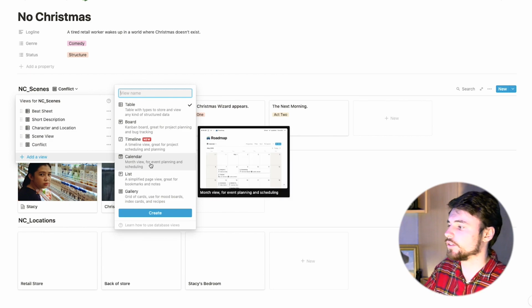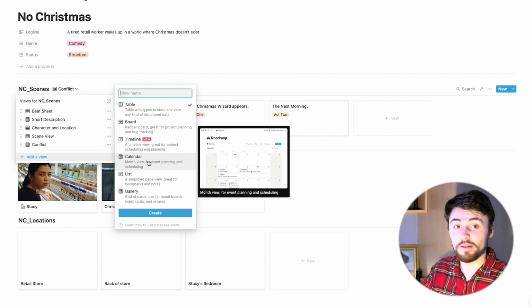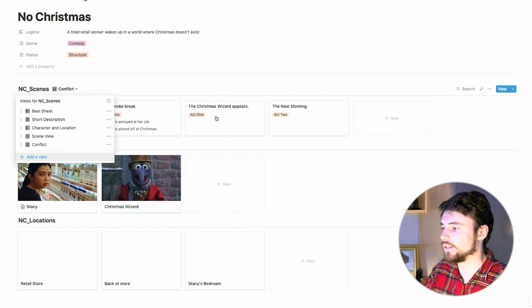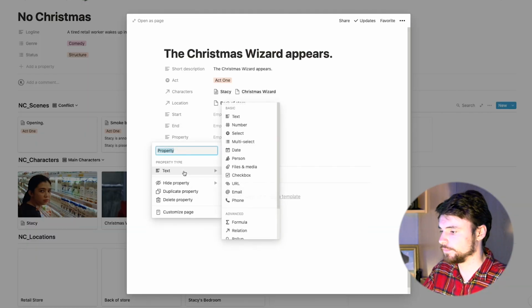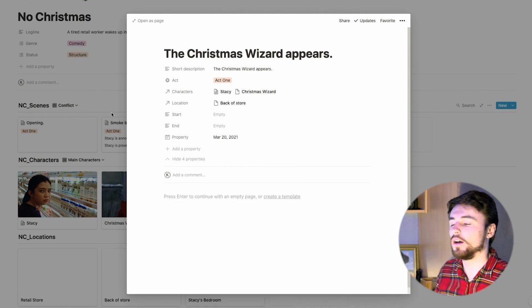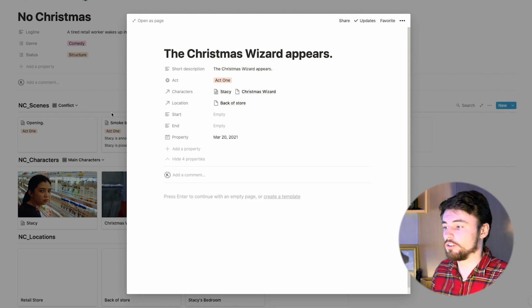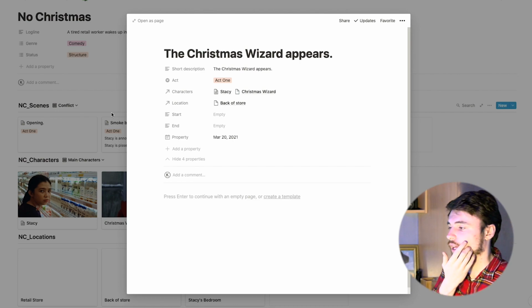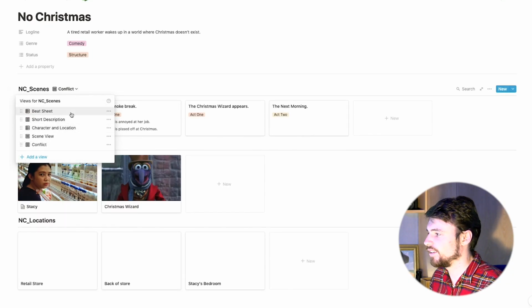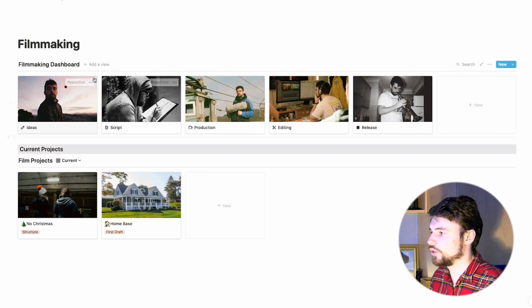For example, if you're writing a time travel script and you want to be able to view your story from the character's perspective, but also make sure everything works together, you also want to view it from a timeline perspective. You could very easily add a date property here and put on what date everything's happening. Okay, so this scene's on this day, this scene's on this day, and then you'd be able to create a view of just that timeline on a calendar view, or in the order of the actual chronological events of the film, rather than just your own order. Like I'm sure at some point Nolan had to do that with Tenet, right? I think that's it for these first 2 pages.